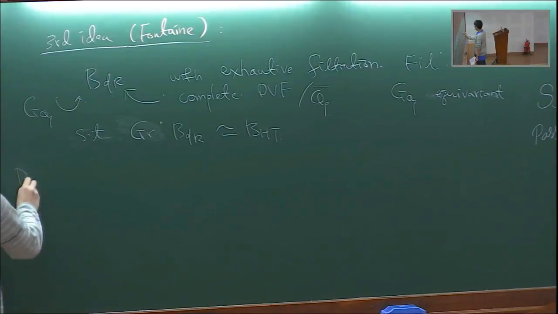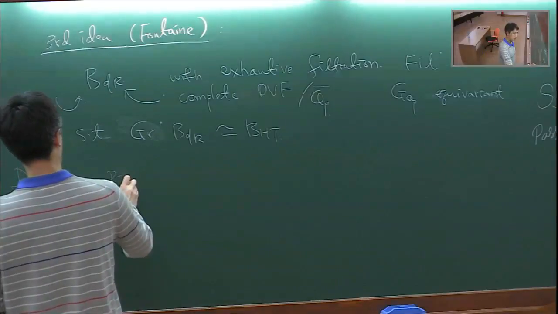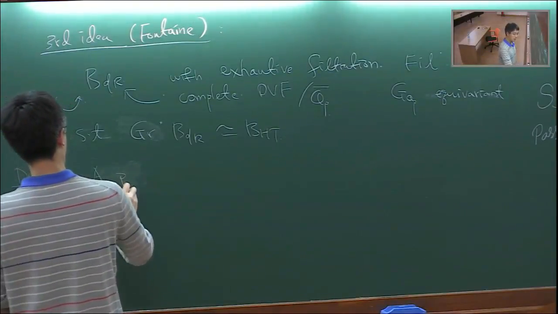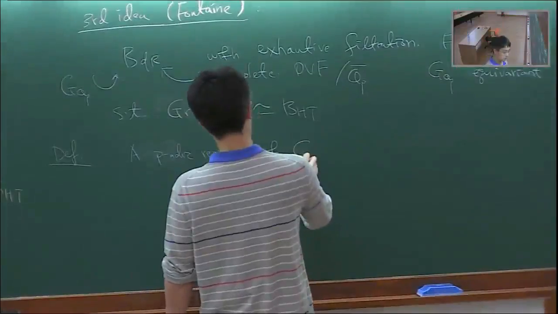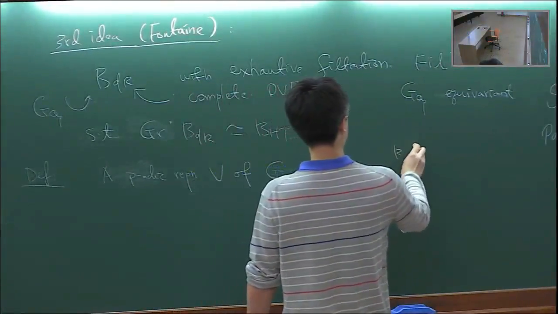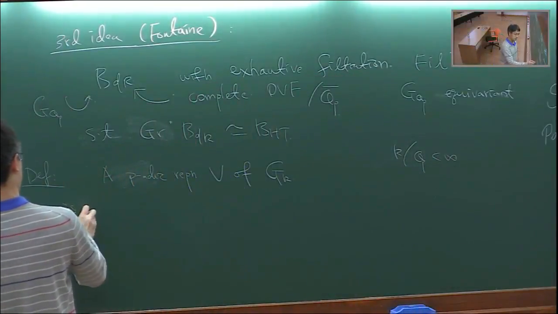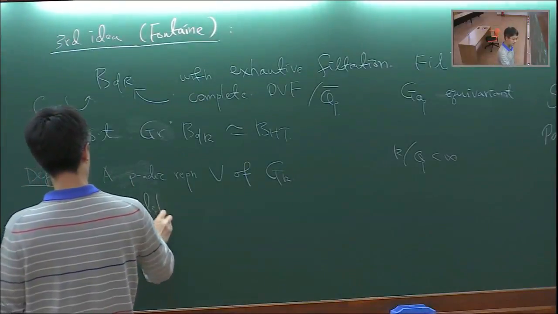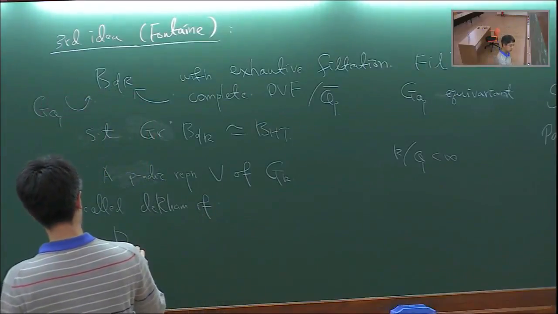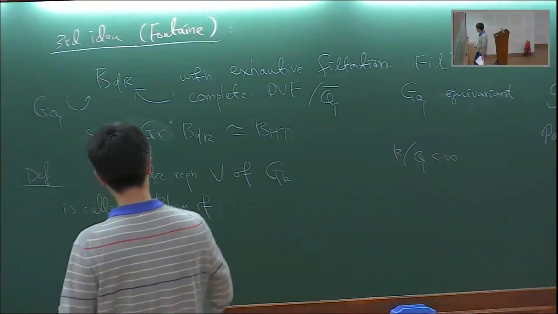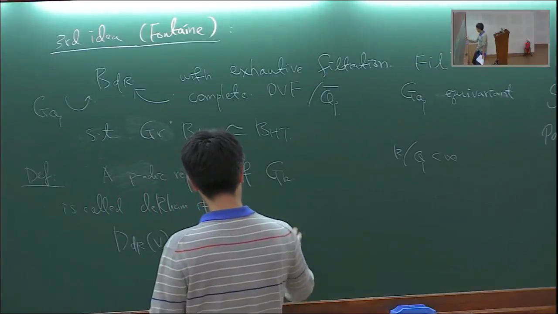Then you can define, we give the definition of de Rham representation. So a p-adic representation V of GK, where K is a finite extension of QP, is called de Rham if this DdR of V, which is defined to be V tensor BdR, taken GK-invariants,